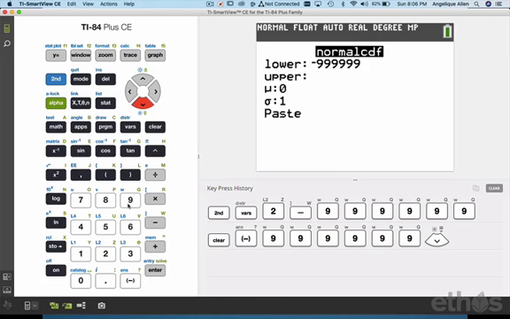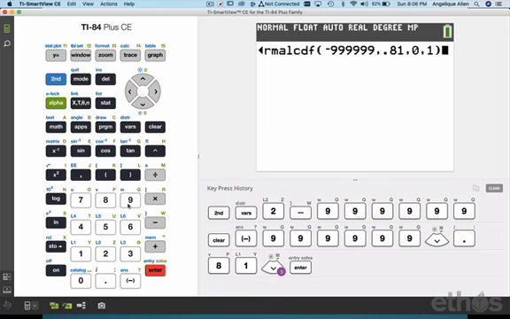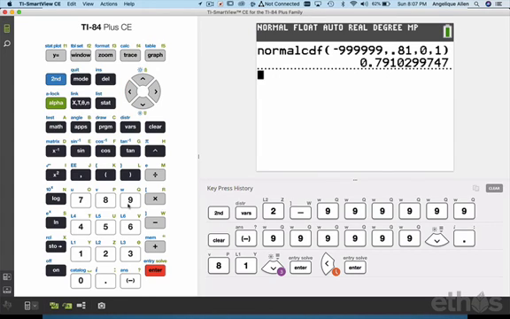okay? The upper limit was the 0.81, and we wanted less than 0.81, and then it's standardized, so mean is 0 and sigma, standard deviation, is 1. We don't have to change those. Hit paste. So it puts the command in for you. If you arrow left, you can see that it's the normal CDF command. All right, if you don't have a wizard, you're going to have to do it manually. I'm going to hit enter, and then it'll give you that 0.7910 that we got out of the table before. Sometimes it'll be slightly different than the table because this is more precise than the table. Remember,